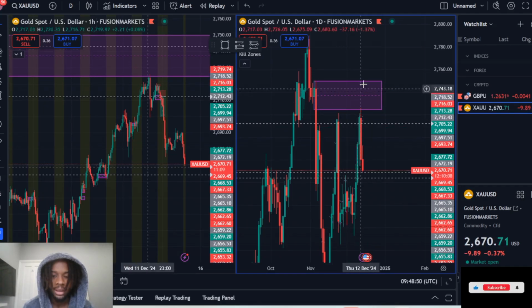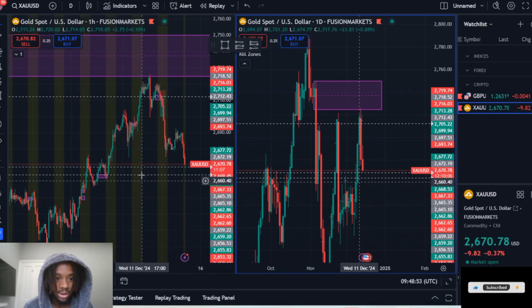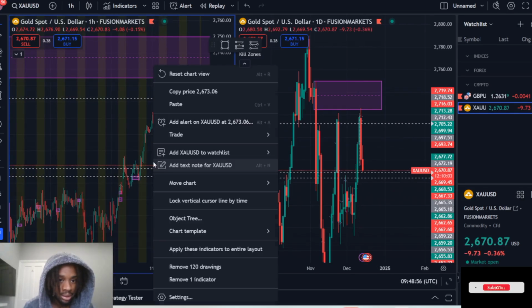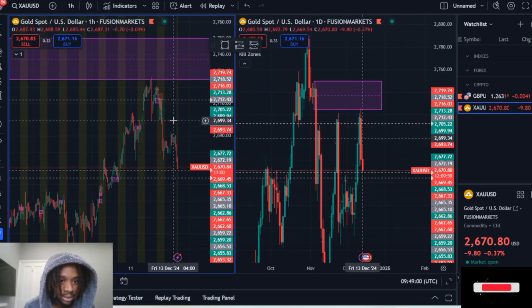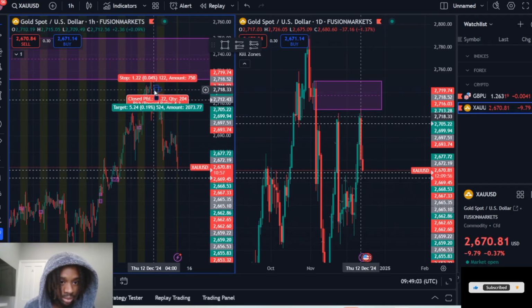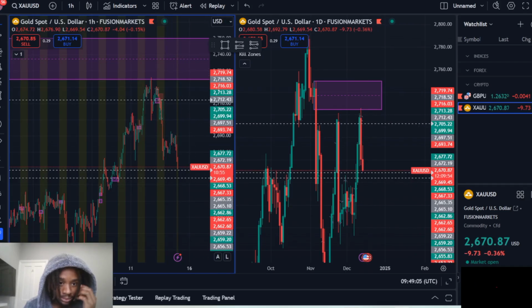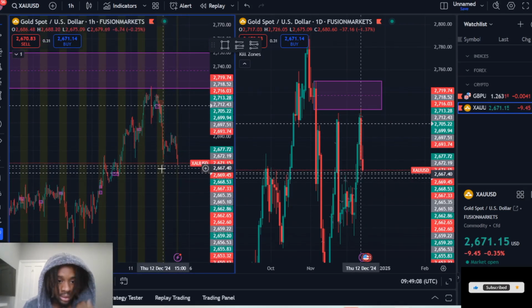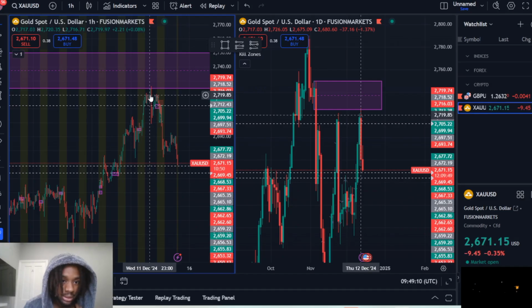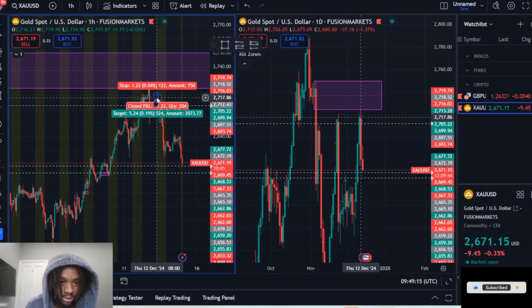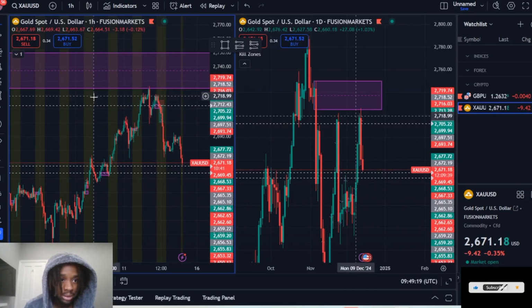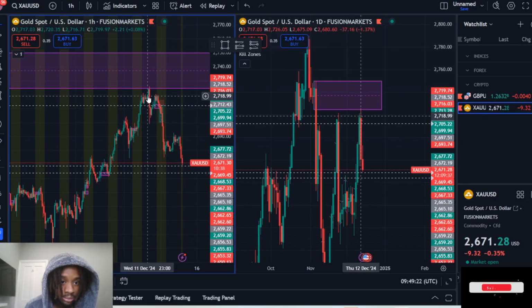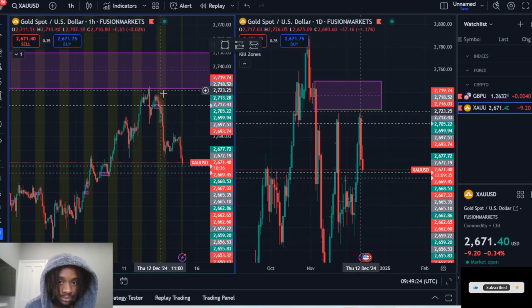I was thinking, cool, let me scale down now. So then I went to the hour chart, which is over here, and obviously we've tapped into that, and we've tapped into this supply here. Then I went even lower. As you can see, there's a supply zone just below it here. Let me zoom in just for you guys so you can see. There's another zone here. So obviously this is the daily chart, and then this is the hourly chart. Tapped into the same zone here.